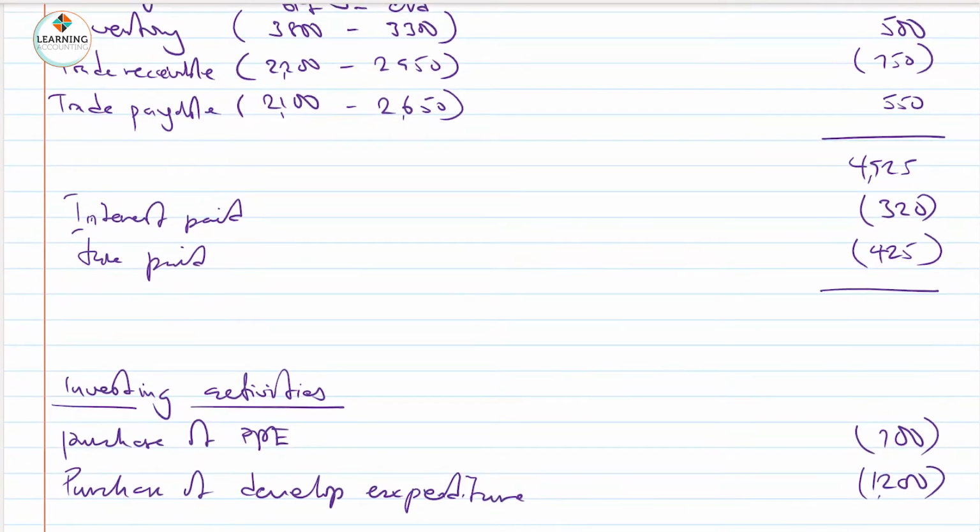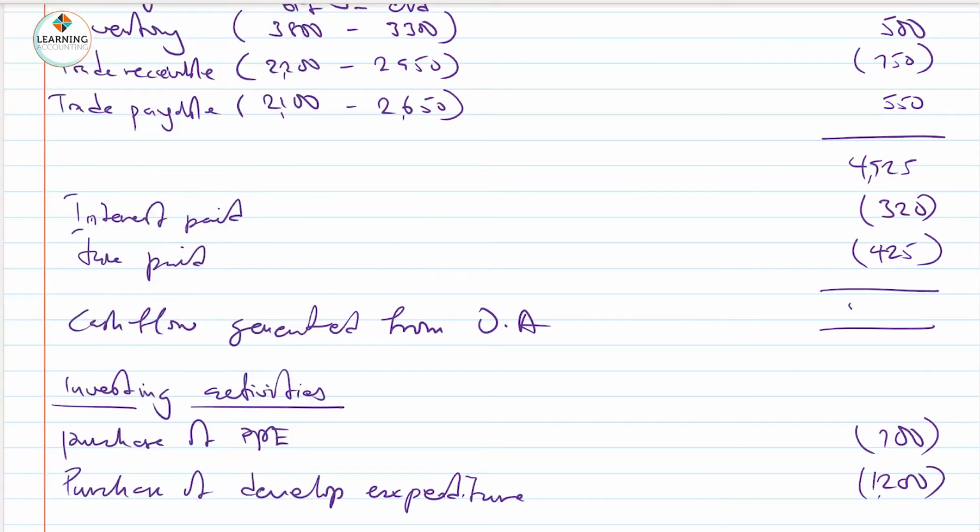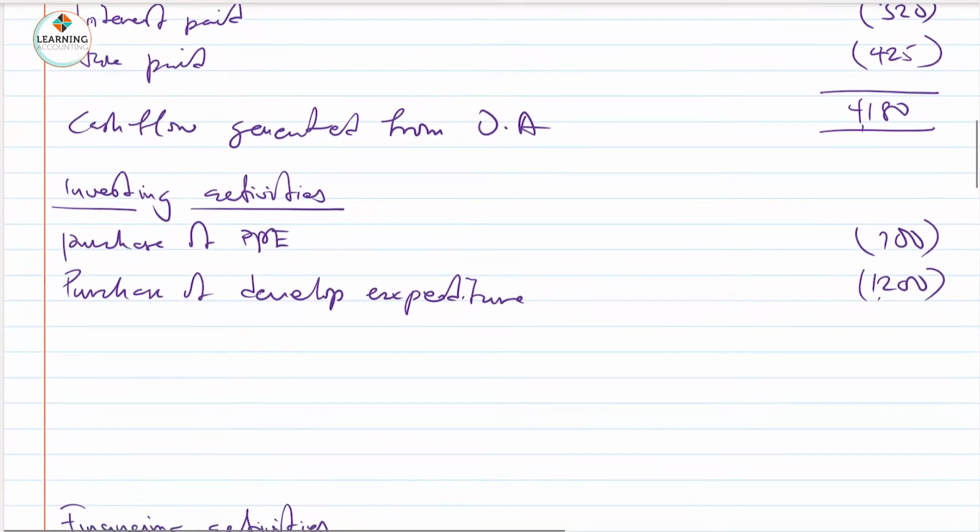While the cash flow generated from operating activities, of course, minus 320 minus 425, and that gives me 4,180. Okay, this on the other hand, we have this together to be 19 negative, and that gives me cash flow